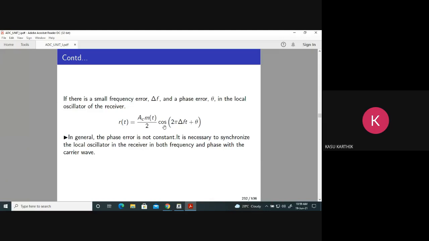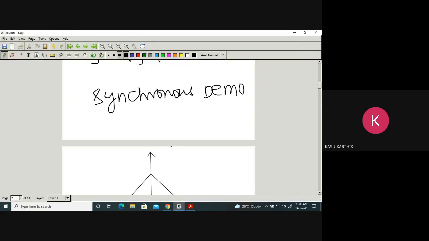If there is a small difference in the frequency and phase of the two carriers, this would be the output. That's why you must have synchronization between the frequency and phases of the two carriers. That is essential. Is it okay? That's why I told you it is a little bit complex to implement. Analytically it may look simpler, but in practical implementation you may get many problems like phase mismatch and frequency mismatch. So that is one of the drawbacks of DSB-SC.